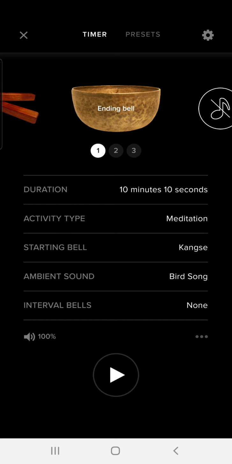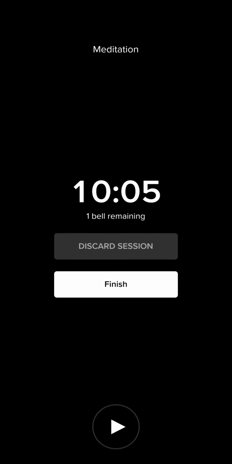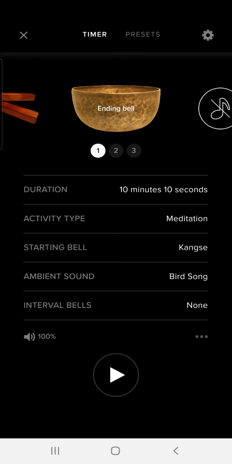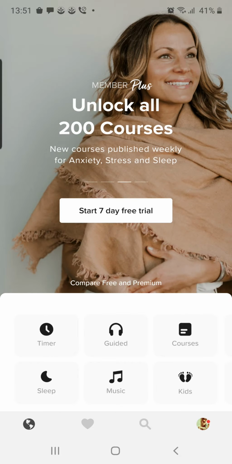Okay, and then just go ahead and start. So in this, there is no external guidance. It's just the background music. Or if you choose the jungle theme, you just hear that. So this is also an amazing thing which you can go ahead and use.